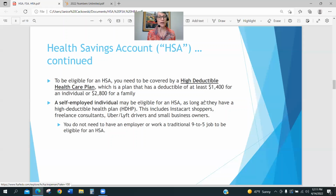If you're self-employed, you can also have a health savings account. Again, as long as you have a qualified high deductible healthcare plan that you're using for yourself. So this can include the Instacart shoppers, or my son who's a